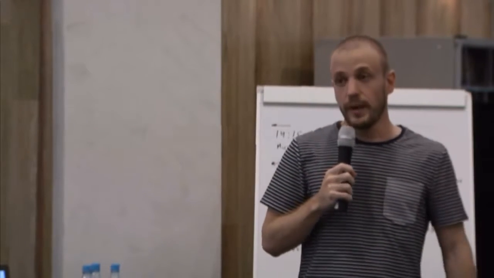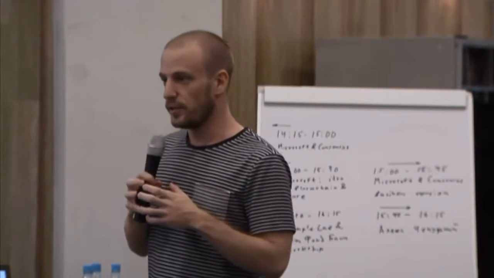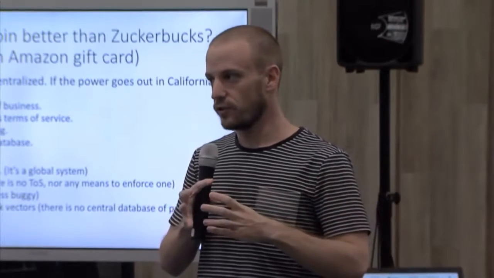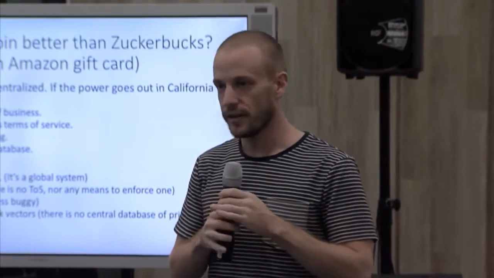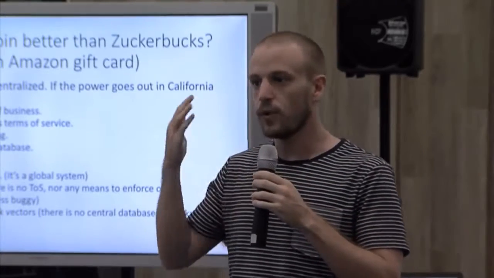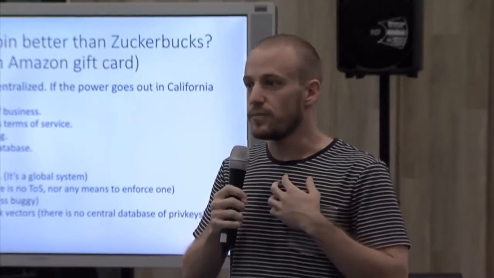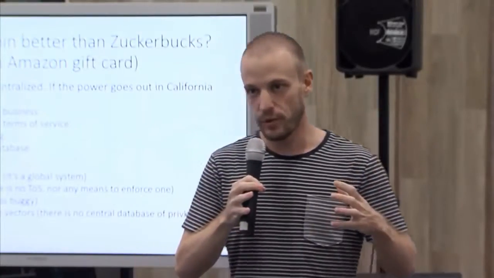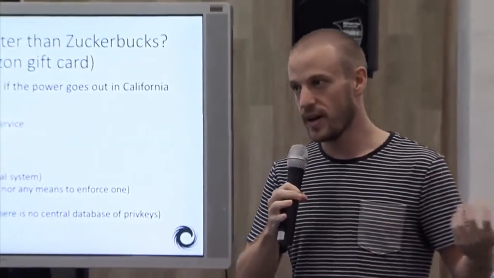And interestingly, there's no central database of public-private key pairs in Bitcoin. So you hear all the time about banks and retailers which get hacked, and then 1 million customers' credit cards all get stolen. There is no central honeypot attack vector in Bitcoin. The biggest attack vector in Bitcoin is against a single individual. So I could get hacked, but it would just be me who lost my information, and it would kind of be my fault. There is no one central database which would be catastrophic for the whole network if it were to be compromised.